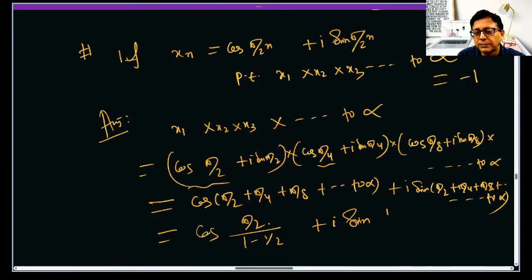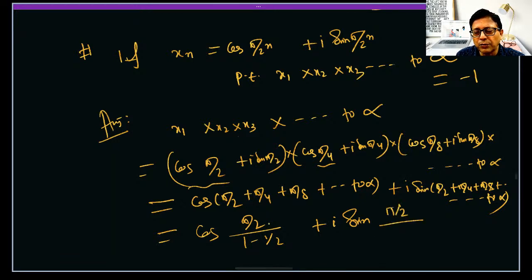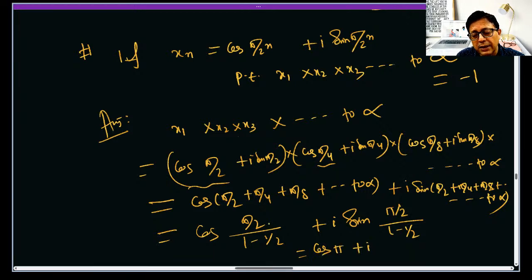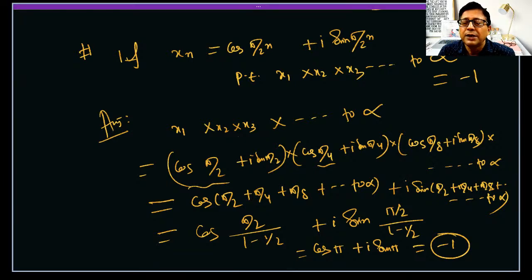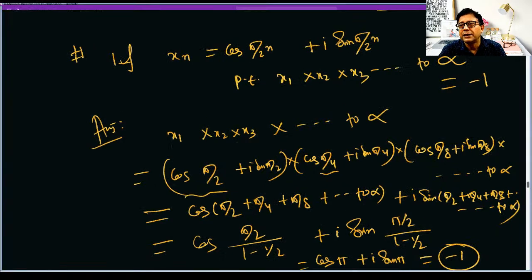So the sum is a by 1 minus r, which gives cos π plus i sin π. Cos π is minus 1, sin π is 0, so the answer is minus 1. Hope you have understood clearly what de Moivre's theorem is and how to apply it in solving